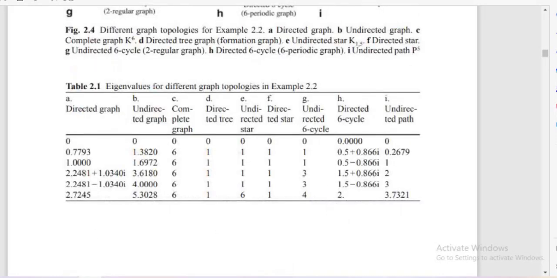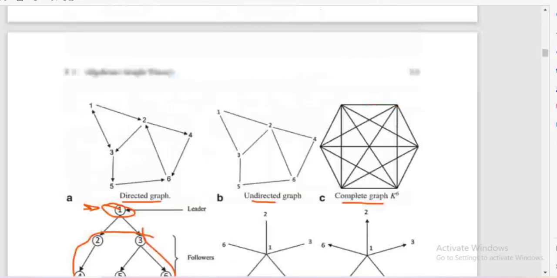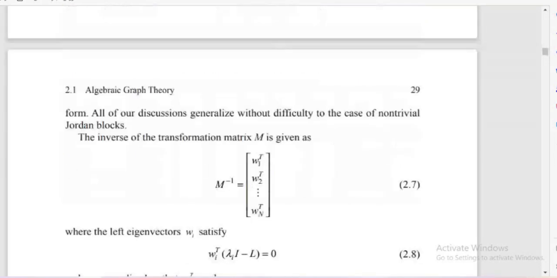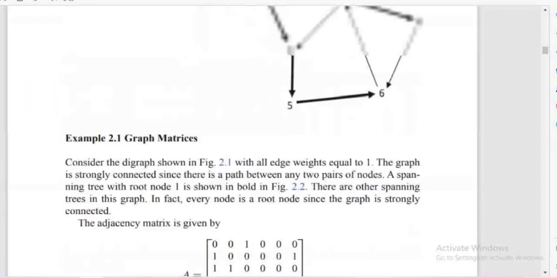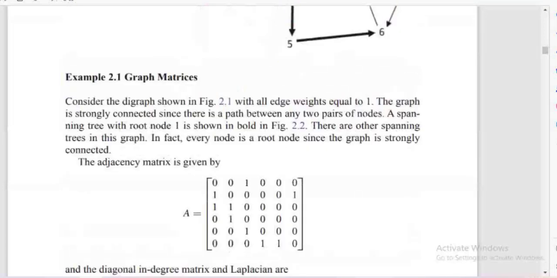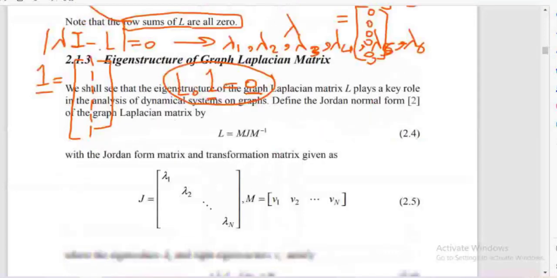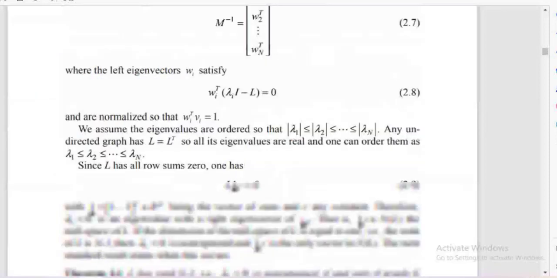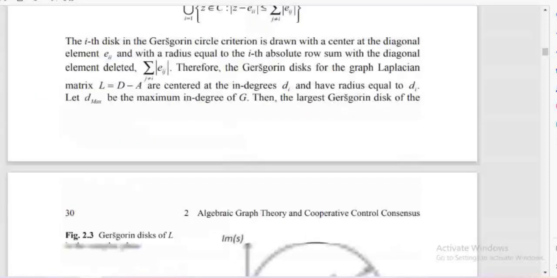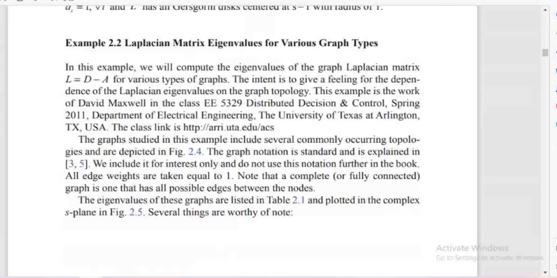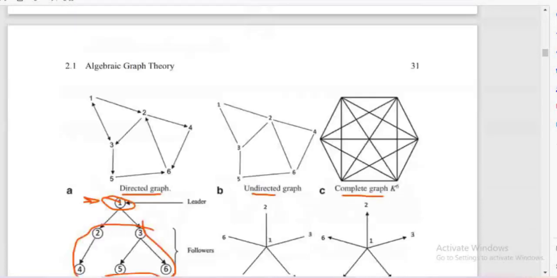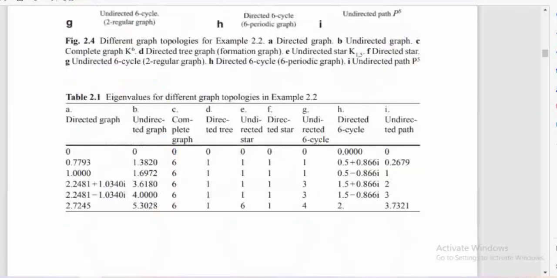Okay. Consider the example mentioned in 2.2. Sorry, I'm looking for the example. Example 2. This is this example. Okay, for this example,